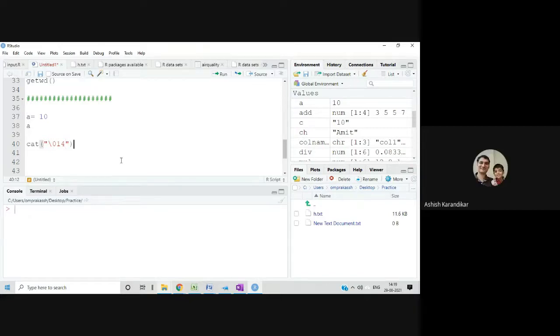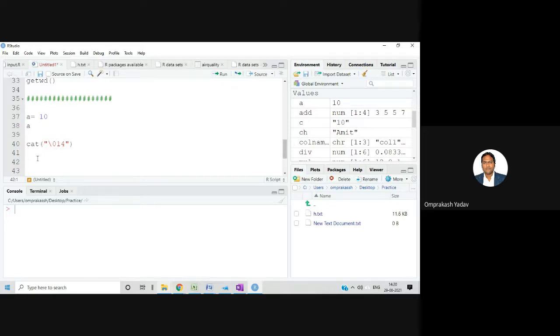014 is a hard coded value for that particular command. Now, what is cat, sir? Cat is used for displaying or concatenation purposes. So here we are just firing one code so that it can clear the screen. Otherwise, with cat, we can display on the screen also.